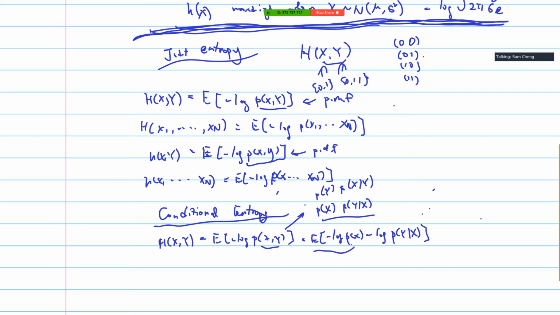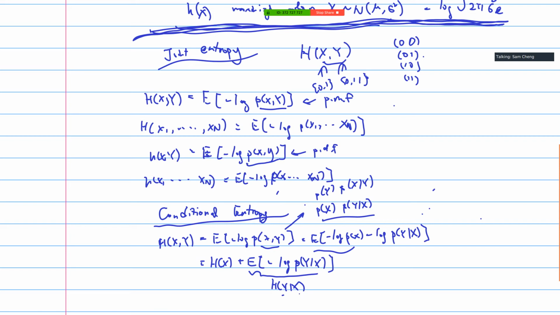So this first term is just equal to H of x again. And for the second term, it's the expectation of minus log p y given x. I will call this H of y given x, which is the conditional entropy